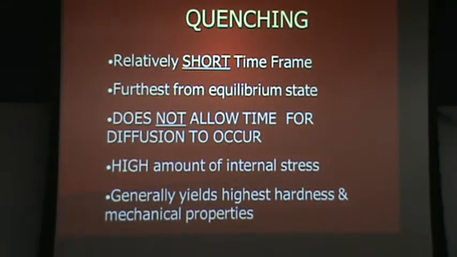So the next process that we get to is quenching. And by quenching, I mean the combination of austenitizing and then cooling. This process is very similar to normalizing initially in that you're heating up to a fully austenitized condition, and you're also making sure that you're not going so high in temperature that you dissolve the grain refining constituents. Generally, you're going to use a slightly lower maximum temperature for this austenitizing cycle than you would for the normalizing